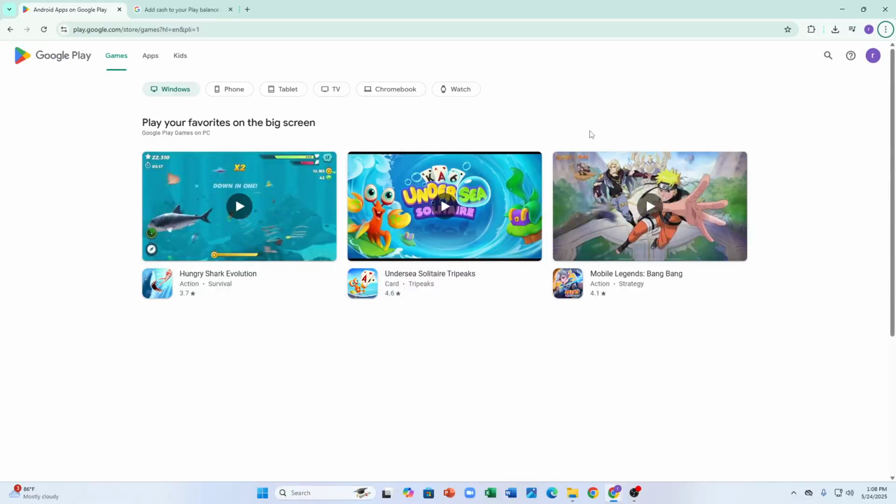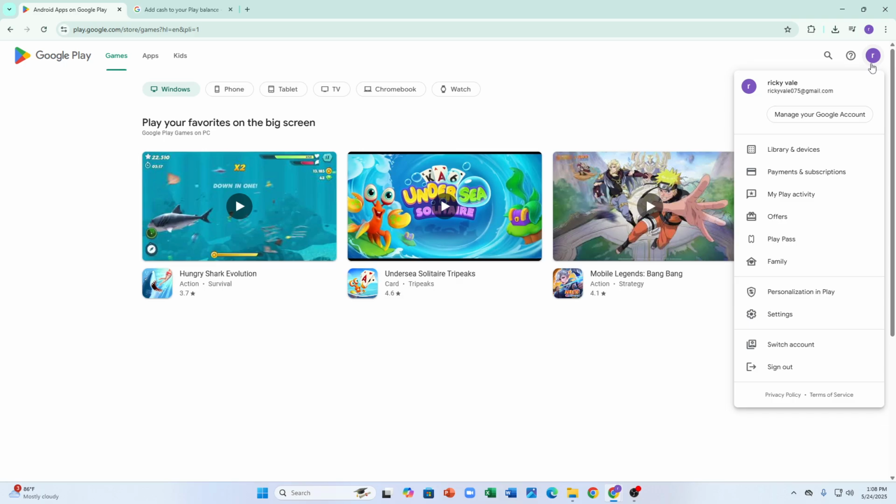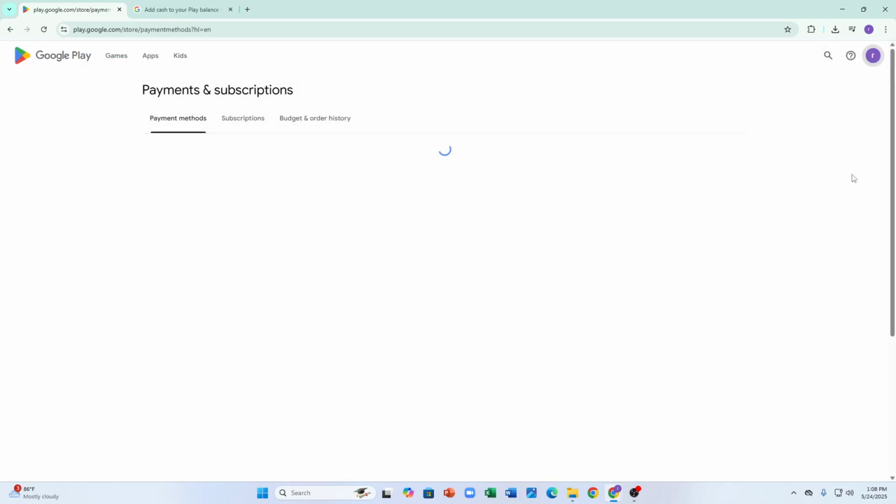Hey everyone, in this video I'm going to show you how to add money in Google Play account in 2025. First of all, you need to come to your Google Play account, and after that just click on your profile, and as you can see here, the payment and subscription options. You have to go there, and in payment method you have to add your debit or credit card,